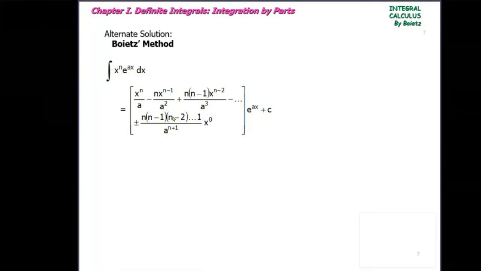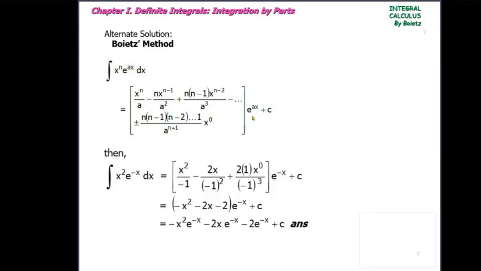n minus 1, n minus 2, then magiging x to the n minus 3. Okay. Hanggang maging ito yung pinakahuling formula. n minus 1, n minus 2, then dyan, hanggang maging 1 na lang yon. All plus or minus ito, kasi alternate ang sign. Positive, negative. So, depende sa if it is even or odd, nababago yung pinakahuling sign. Basta salit-salit siya. Then, quantity e to the ax. Kaya ito ang mangyayari,